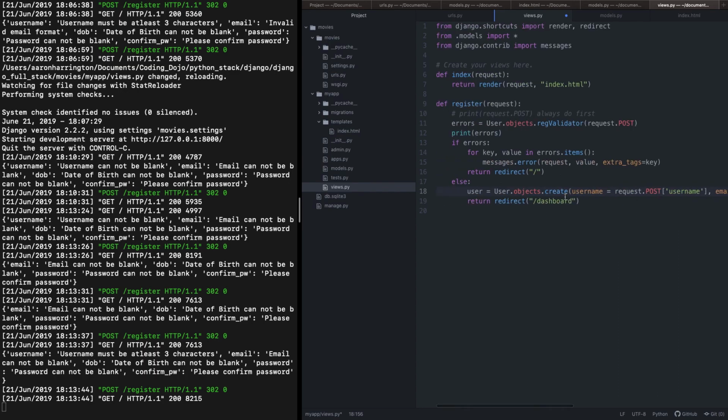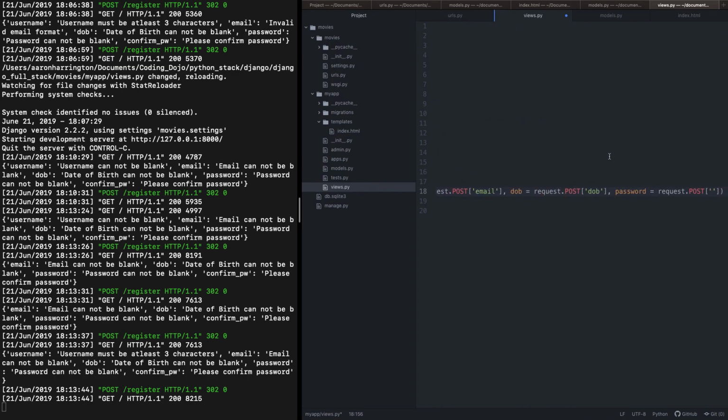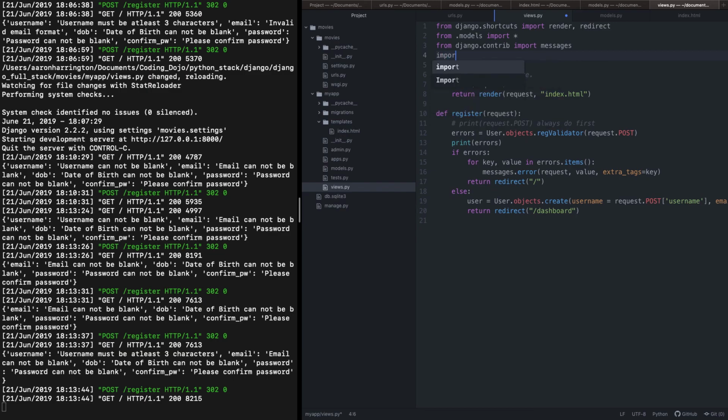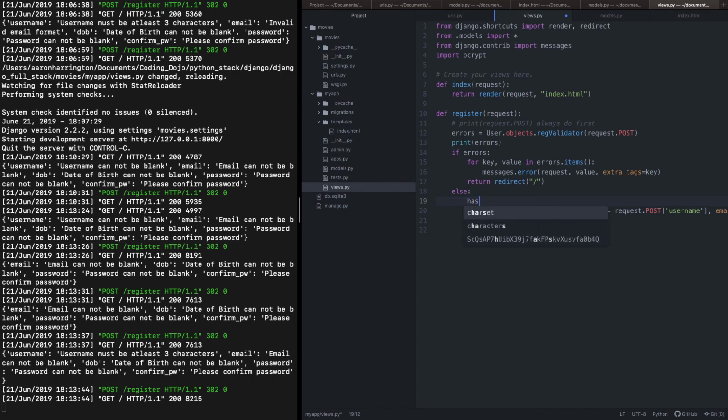So now don't we do like decode when we're doing it? Yeah. So you need to make a hash. So first import bcrypt. And then we need to make a hash. You do the hash outside the function, right? Do it in the else, like right above user. So let's call it hash. And then we have to use